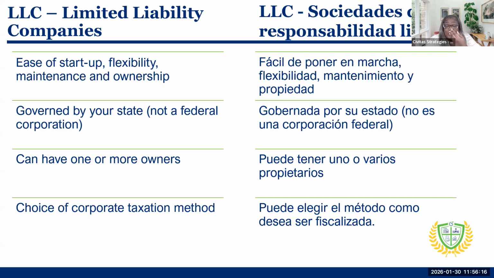When I do coaching, oftentimes I'll tell people you don't necessarily need to start off as an S corporation, because if you do, then that's what you're going to be straight through. When individuals start off with an LLC, you can be treated as a sole proprietorship initially, and then as your profit starts to grow, and you get to a place where it's going to be more beneficial for you from a tax standpoint, then you're definitely going to want to look into being elected to be treated as an S